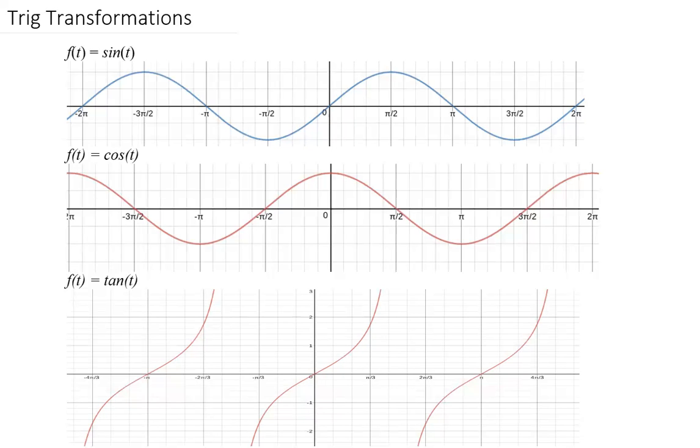When we talk about trig transformations, we're talking about a transformation just like we would talk about with any other graph. Now in this case we're talking about our three trig functions, which are going to be sine, cosine, and tangent. As you can see, the graphs are displayed below with the noticeable